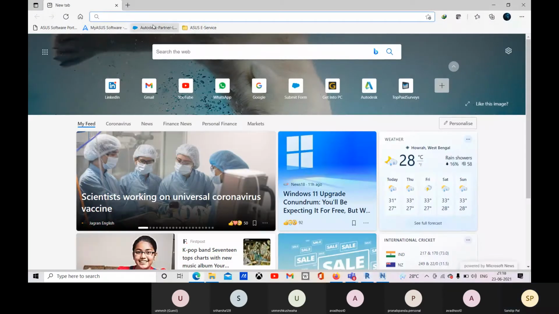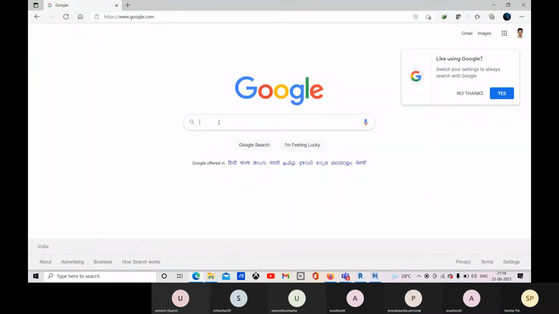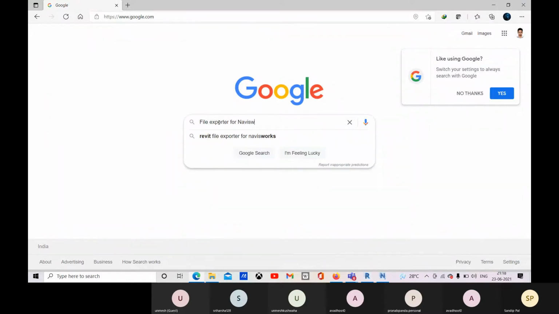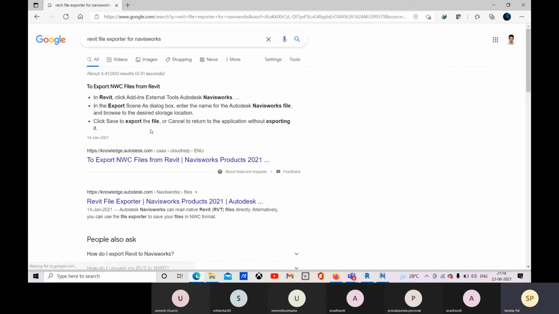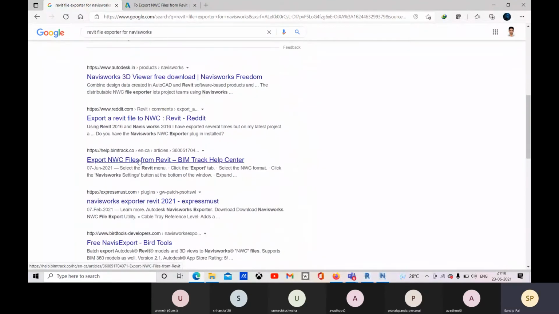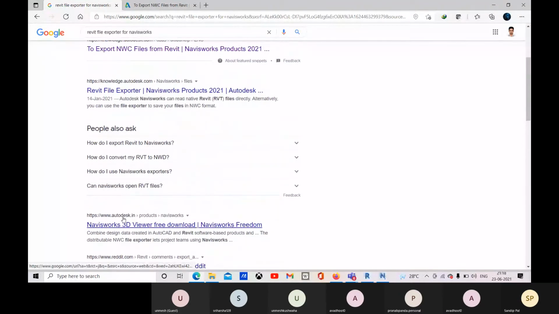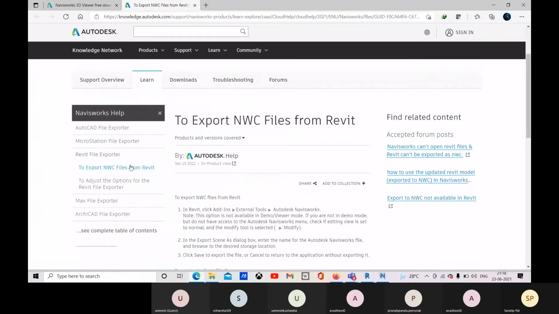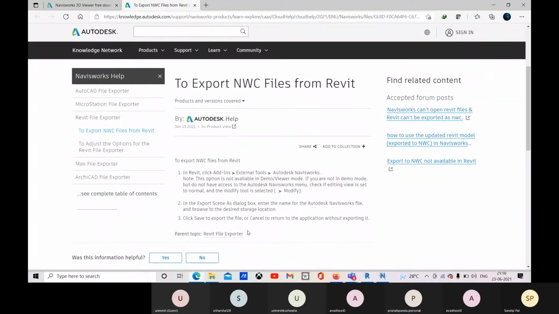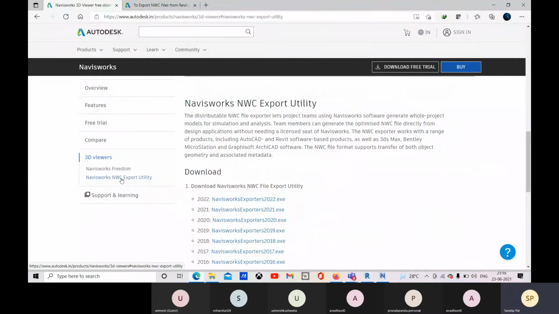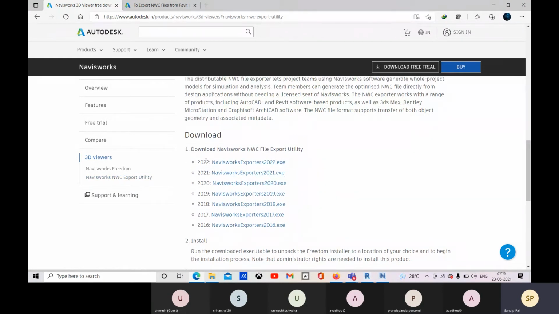Go to Google, file exporter. Okay. So here you have this Naviswork NWC export utility, and here you will get it as per the version.